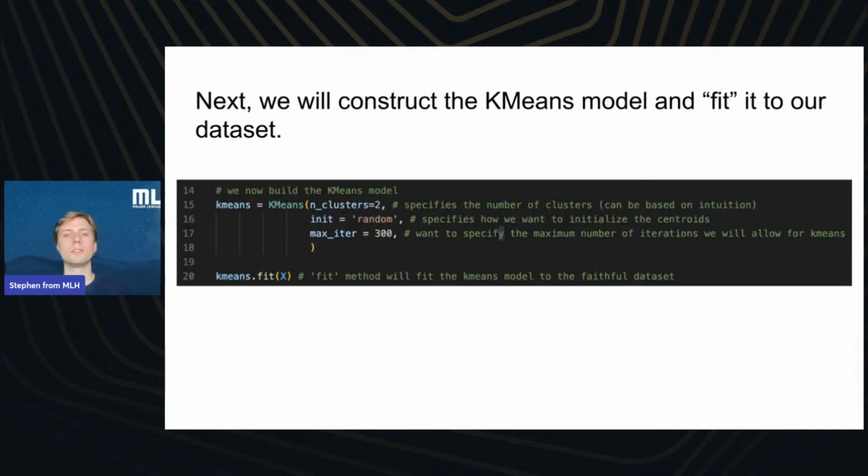All right, so let's go a little further with this and construct our k-means model. This code here is defining the particular k-means model that we want for this application. It's going to be a k-means model with two clusters and random initialization around the centroids. That means we will randomly pick two places to start, and then the algorithm will move us into the right location. And I set max iter, because that tells us the maximum number of iterations we want the k-means algorithm to be allowed to do before it arrives at a solution.